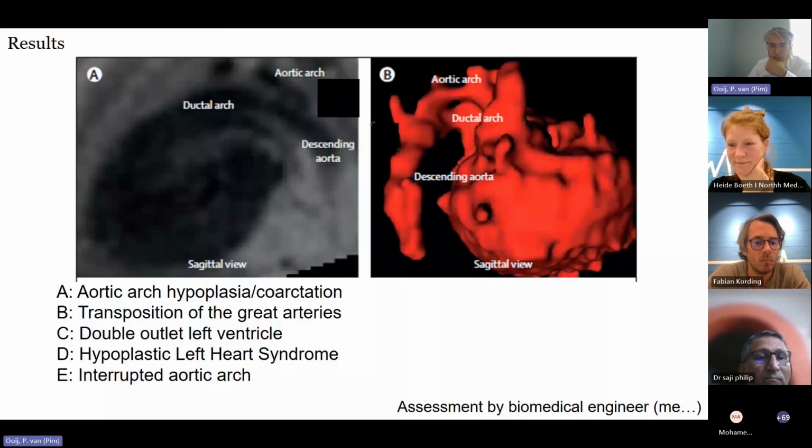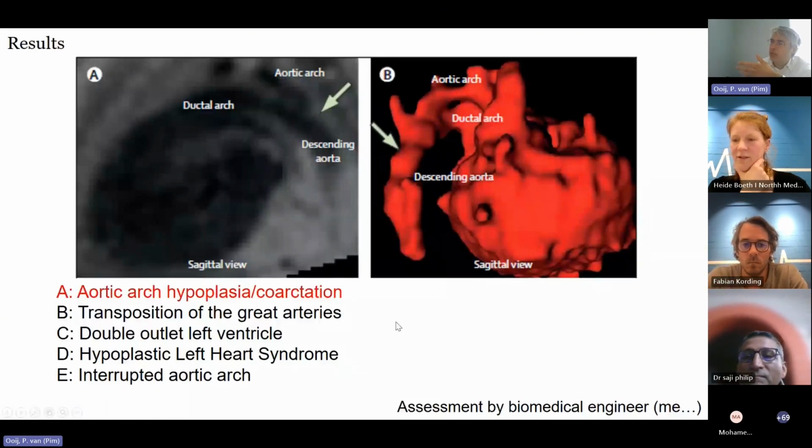Okay, no more answers coming in. So most of you say aortic arch hypoplasia coarctation. I think that's what it is. There is a really small aortic arch here. So I mean, you can interpret these images in many ways. You can look at the raw data, you can look at the 3D reconstruction, you can make a 3D segmentation, and that should all give you a good overview of the